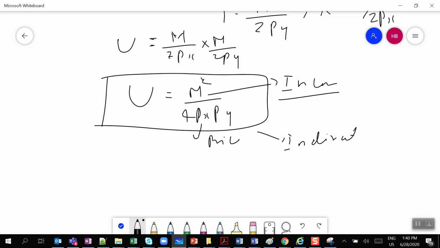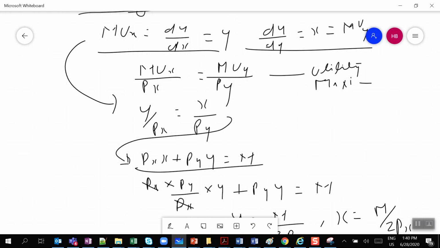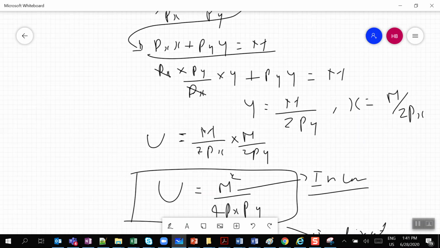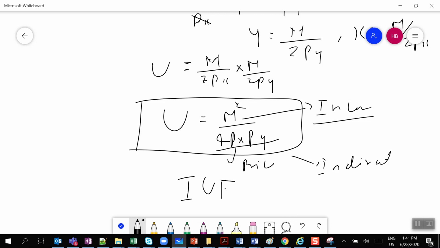Now, indirect utility function, you also saw this derivation come from the maximization equation. We used the maximization when we used marginal utility divided by px, and this function is for when your utility is maximized, and when we use the Lagrange equation to derive the maximum utility. So this is how we derive the indirect utility function: given your money and the price, the maximum utility you can derive gives you the indirect utility function, that is your IUF. That's the derivation we saw.